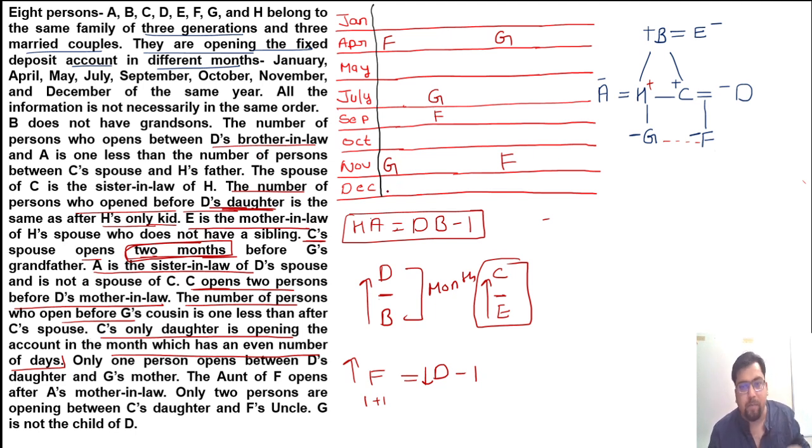After D only 2 persons are there, that means 1, 2, D must be here for sure. D must be here for sure. Getting my point or not? And this D is here, then with 1 gap, B must be here. And October, November and December, there will be a gap of 1 month, that is November. Fine, this is clear to me. Now come to this position. Now F is here. 1, 2, 3, 4. That means before F 4 persons.